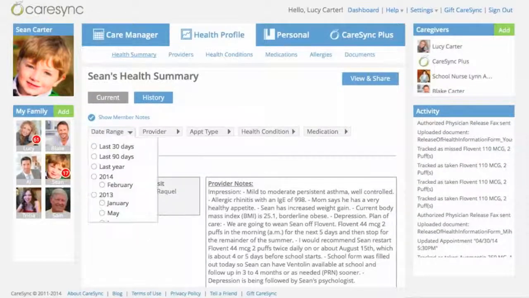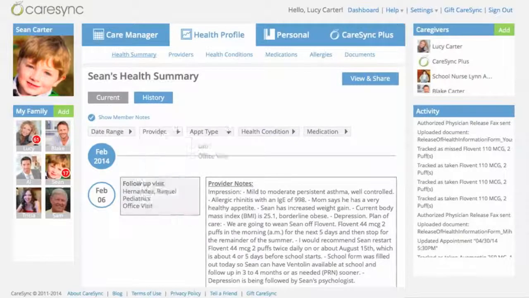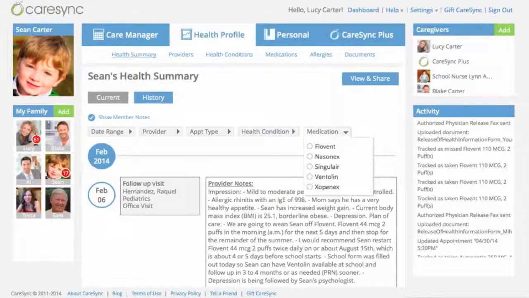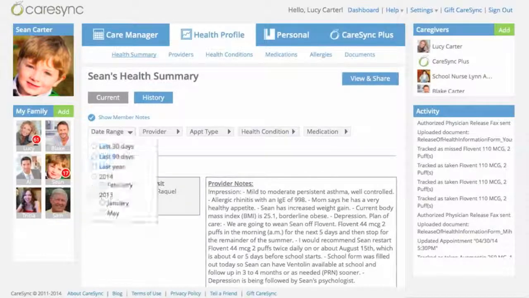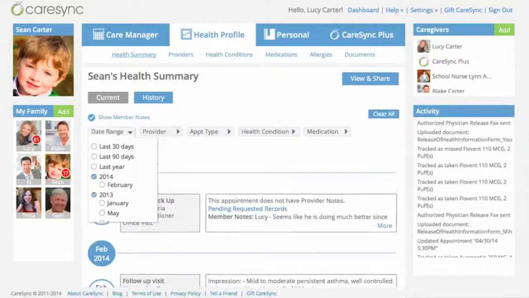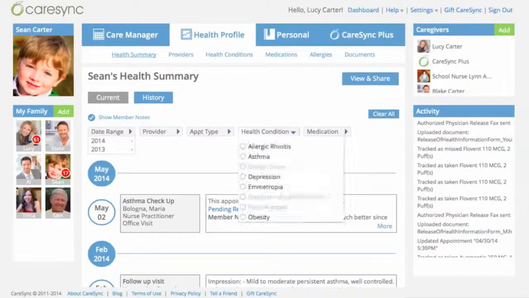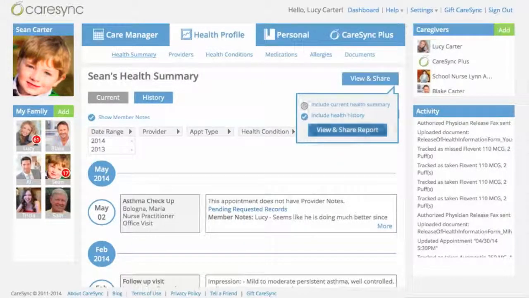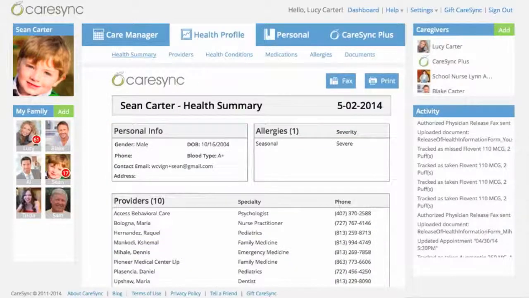And this data is also filterable, so you can really look into it and do a deeper dive. Here you can filter by date, by provider, by different appointment types, health conditions, and even medications. This allows you to come in and really filter out what you'd like to see. So I can pick these years, for example, or maybe I just want to see a certain condition. And then I can click on this view and share, which takes me to my third barrier to patient engagement,